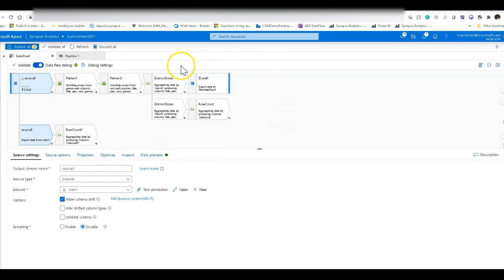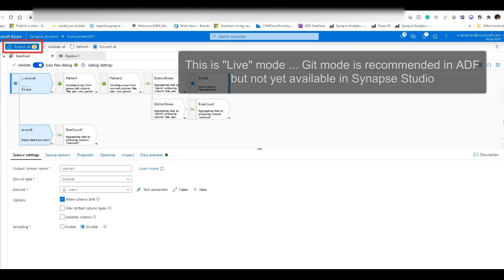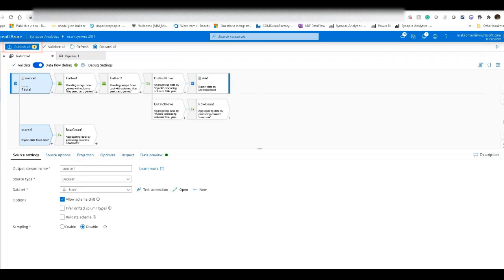Now you'll notice from my demo today that I'm actually using Synapse Analytics, the Synapse Studio workspace for my demo. And the reason I'm doing that is because there is no Git integration yet with Synapse Analytics. So it gives me the opportunity to show you the impact that it can have to have this new option for data flow debugs that we are introducing. It is a little bit clearer when you're working in a live mode versus Git mode. And because Synapse Analytics has ADF pipelines and data flows built into it, it's pretty much the same experience. So there's very little difference that you're going to see when you're in ADF proper to do these things.